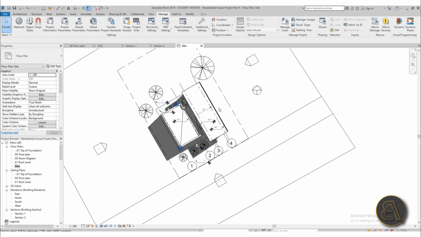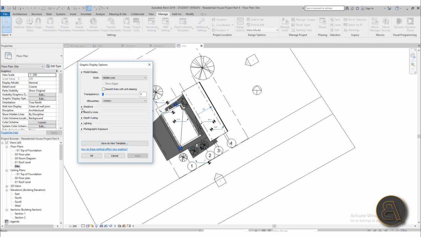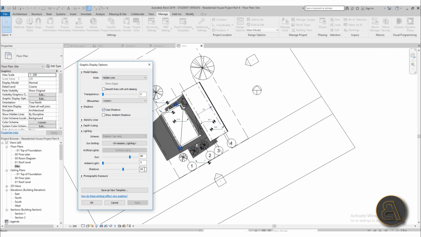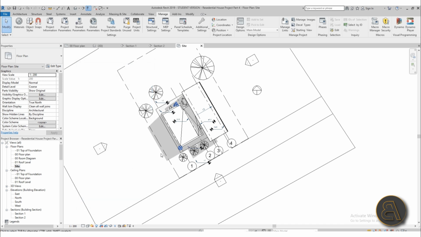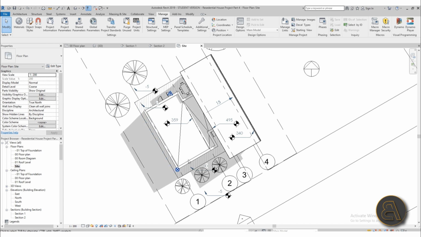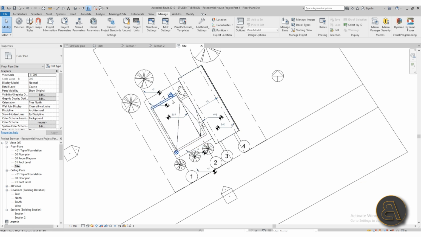Also, one more thing, this shadow is way too dark for my taste. So what I like to do is always go here to my visual styles and go to graphic display options, and then just go to your shadows. Just make sure that cast shadow is on and nothing else, and then go here to lighting and maybe reduce that to 20. There we go. Looks much better. You still have shadow. It's still basically conveying the idea that here one part of the building is in shadow, and you basically get the idea where the sun is, and you get a bit of depth in your model,